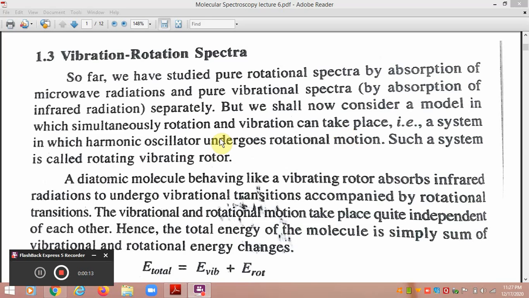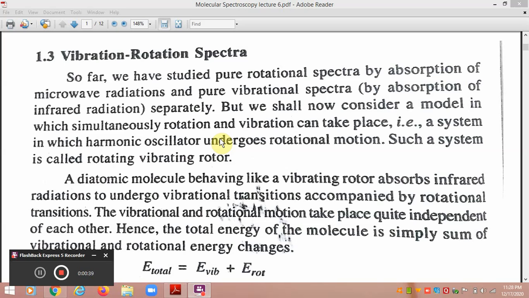Dear friends, in the last part of the video of this molecular spectroscopy, we have studied vibrational spectroscopy with the different conditions. We also studied the numericals based upon vibrational spectroscopy. Dear friends, in this part of the video, we are going to talk about the vibration-rotation spectra of the diatomic